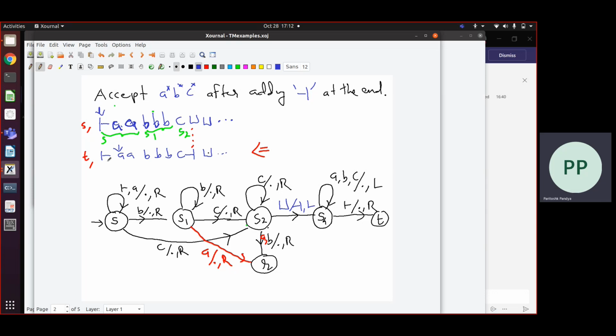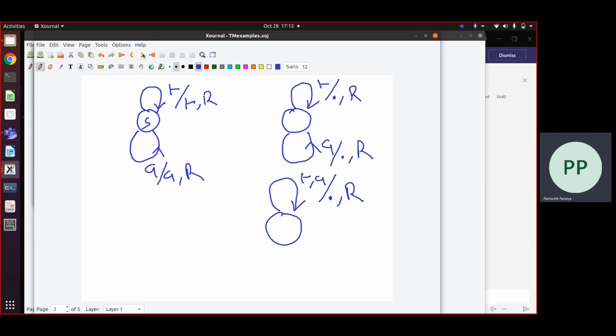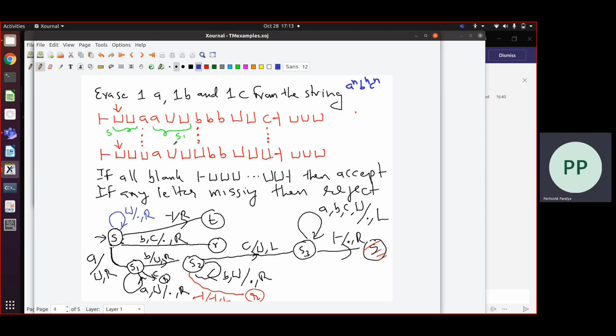This part of the Turing machine will be used as a subcomponent, as a subroutine in the next Turing machine that I consider for the full problem. But here is an example where the symbol was changed. Let me erase the green part and illustrate again. What do I have? I run the previous Turing machine first, where I have ensured that the sequences are of the form A star, B star, C star, and I have enclosed that sequence between left and right hand markers.